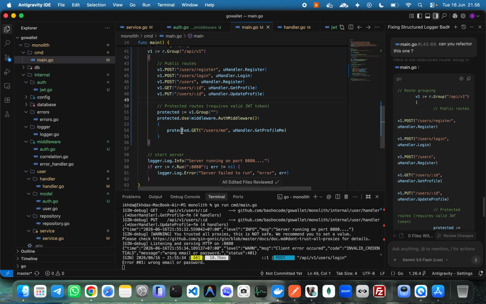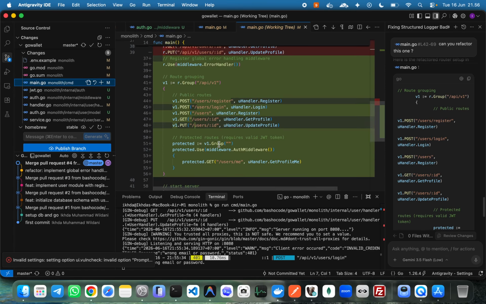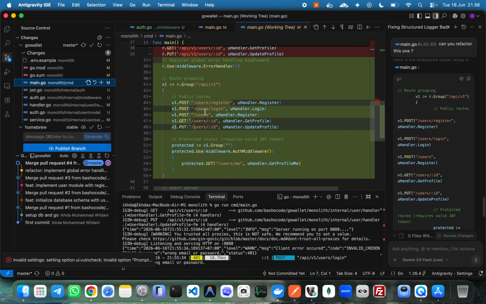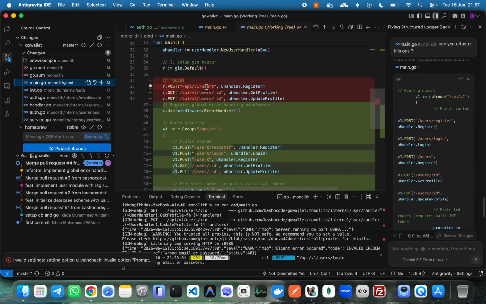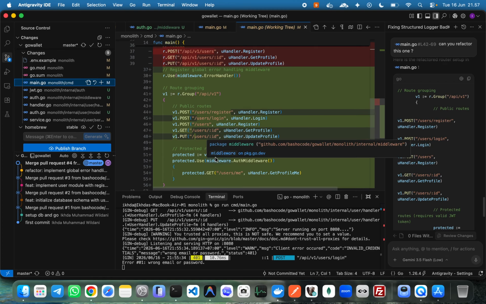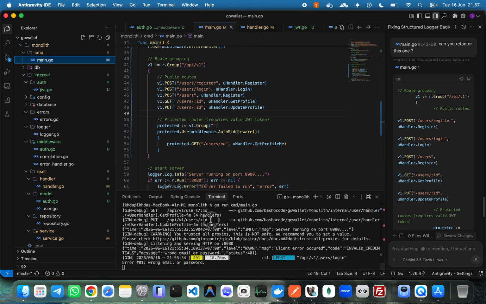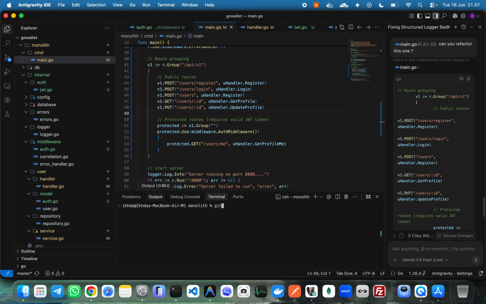before no, let me check the before and after. The before and after. Okay, user post register is double, I think, but no worries, right? And this is put and get profile update, then error handler. Yeah, I think this is okay, and we will check out be covering 005 feature